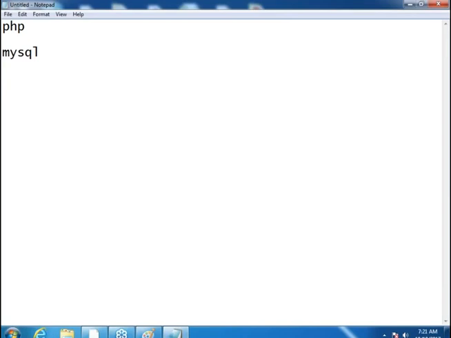So generally, the basic steps over here are: first, you take a Linux machine. You can do it on Windows also, but generally we take a Linux machine because it is cost effective. That's the only reason. After that, we would be installing web server software in here. It could be Apache or Nginx, any web server software.